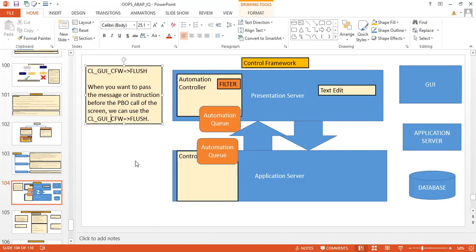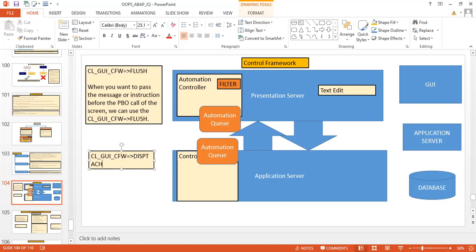Now, what is dispatch? Dispatch is more or less the same, but it is related to the event handler. If you want to trigger some event handler method based on your requirement in the PAI, you are passing the instruction with this method CL_GUI_CFW, where you have flush, and the other one is dispatch.